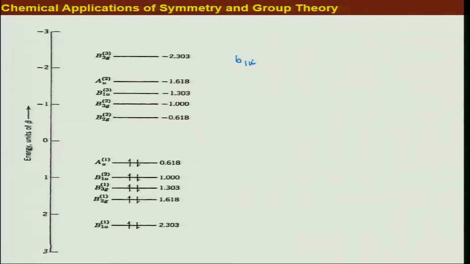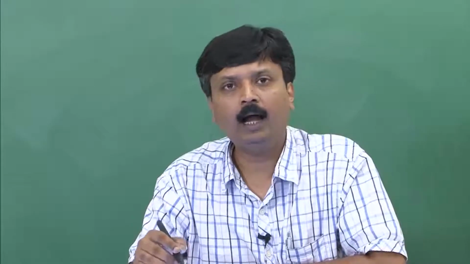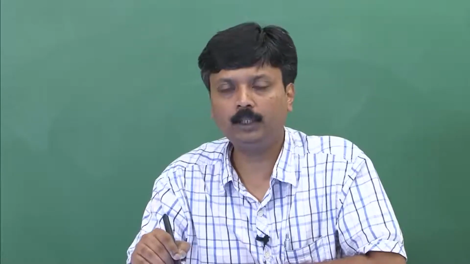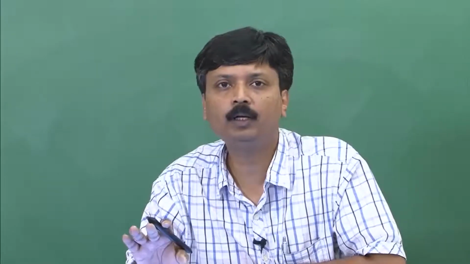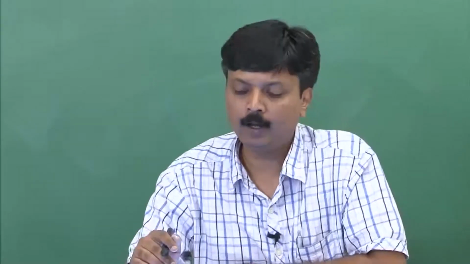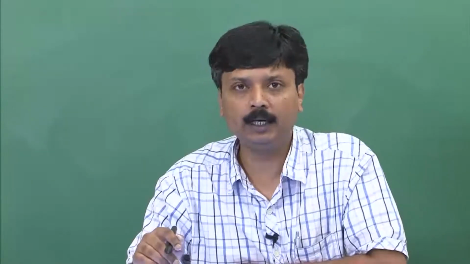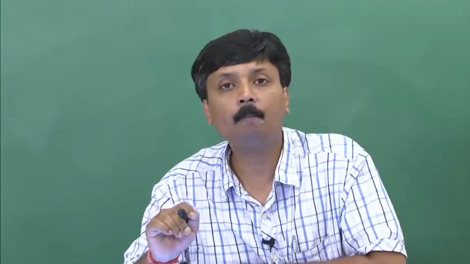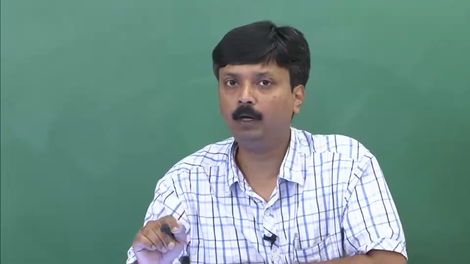Instead of writing those numbers within parentheses, which would dictate a separate BU having a higher energy than the previous B1U, I will use a prime notation to differentiate two different states having the same irreducible representation, and